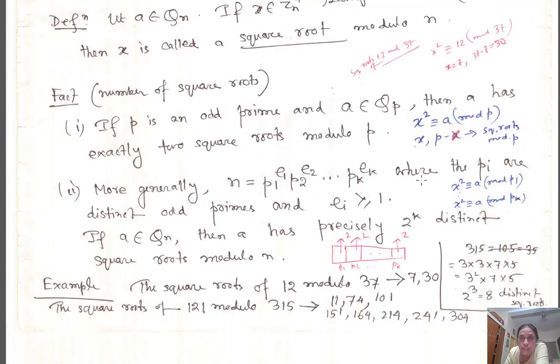And more generally, if n has the prime factorization p1 to the power e1, p2 to the power e2, up to pk to the power ek, where these pi's are all distinct odd primes and these ei's are positive integers, e1, e2, ek greater than or equal to 1, and if A is a quadratic residue modulo this n, then